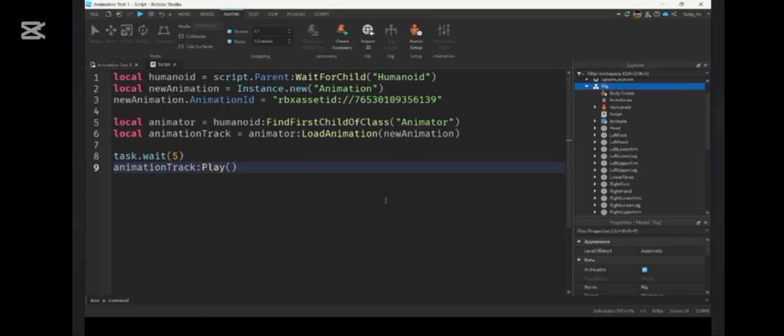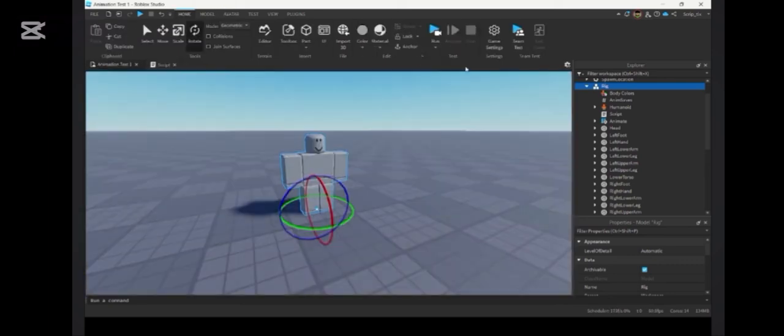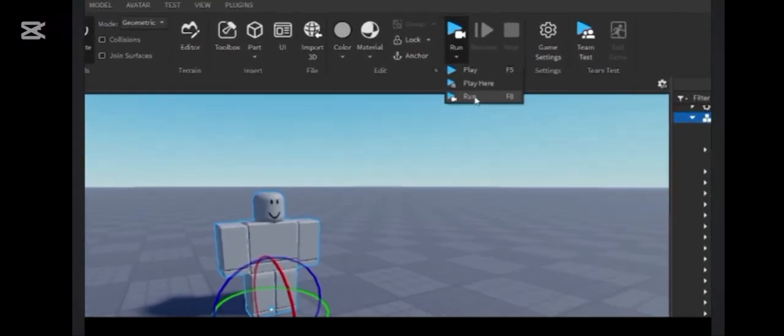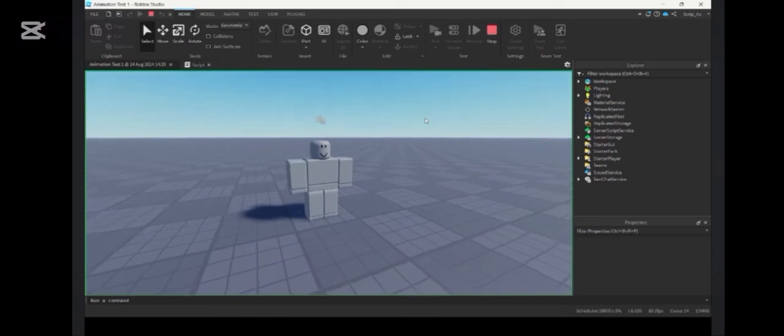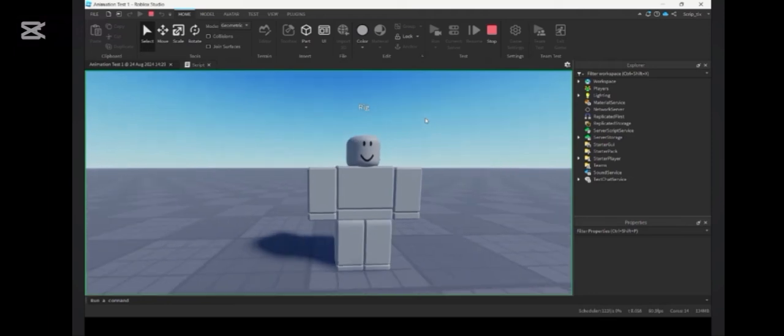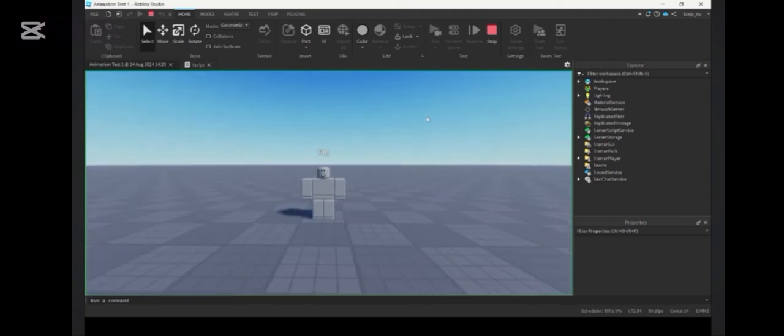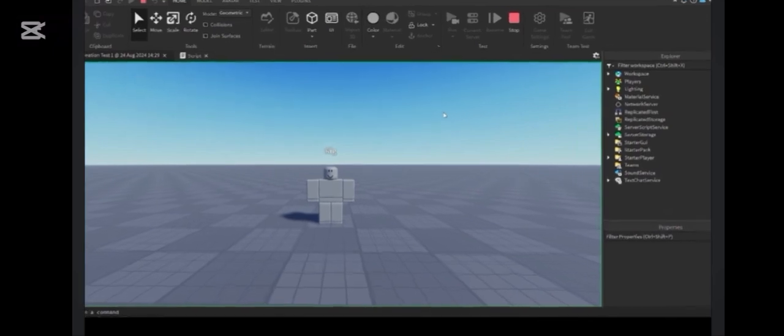Alright, and now let's test the script. So I'm going to switch back to the game over here, go under the home tab, and go under this drop down menu over here and click run. In about 5 seconds, it should wave to us. And there you go, it waved to us. Hi there. So that's how you animate in Roblox Studio. If you want to learn more about